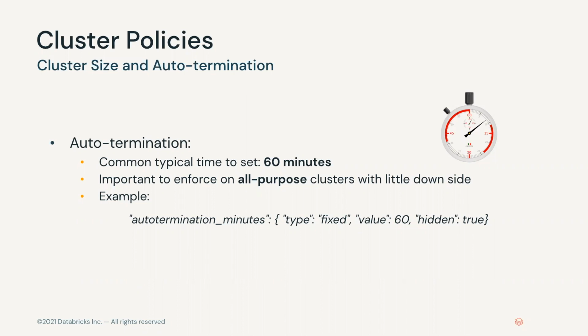You don't want to run up those costs in the middle of the night. And so that's where the auto-termination policy can really help with that. The typical setting there is 60 minutes. Sometimes it's 2 hours, so 120 minutes. But it's especially important whenever someone has the ability to create an all-purpose cluster. And that's where you see an example here as well, where we're just forcing the cluster to shut down at